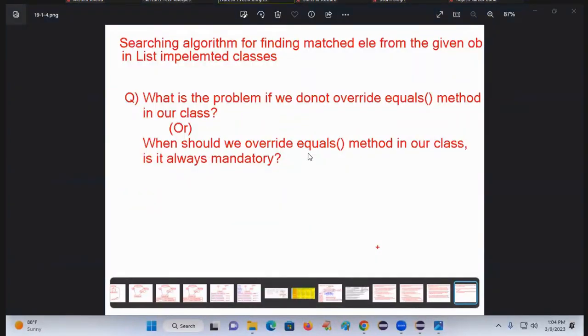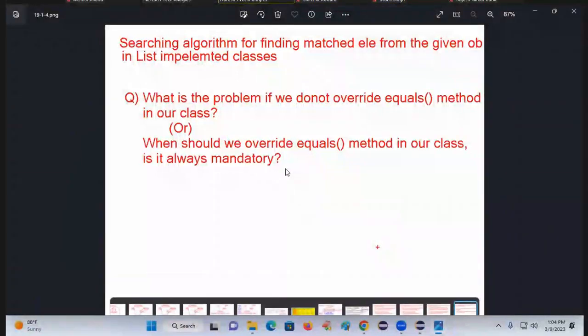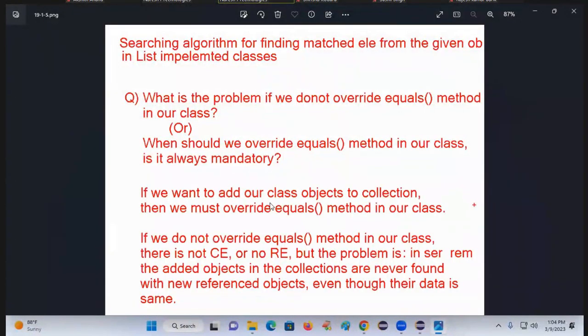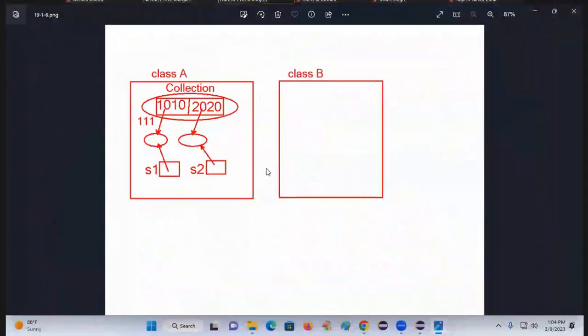Or when should we override the equals method in our class? Is it always mandatory? If we want to add our objects to the collection, then we must override the equals method in the class. If we don't override equals, then here I have two objects. In the other class, the collection variable reference is now pointing. Now al.contains: if you want to search for the first object and second object, nothing but student objects,